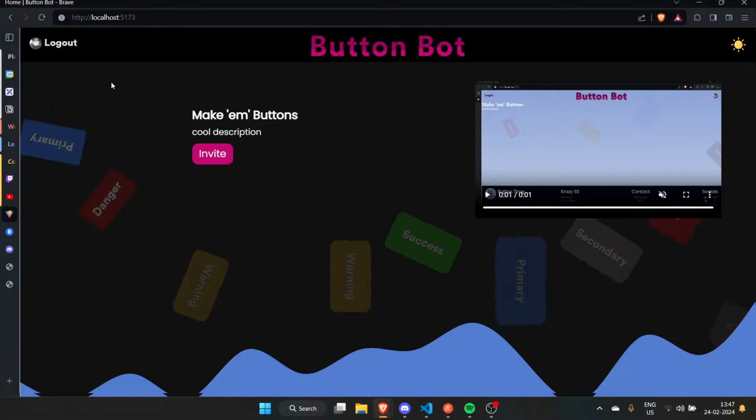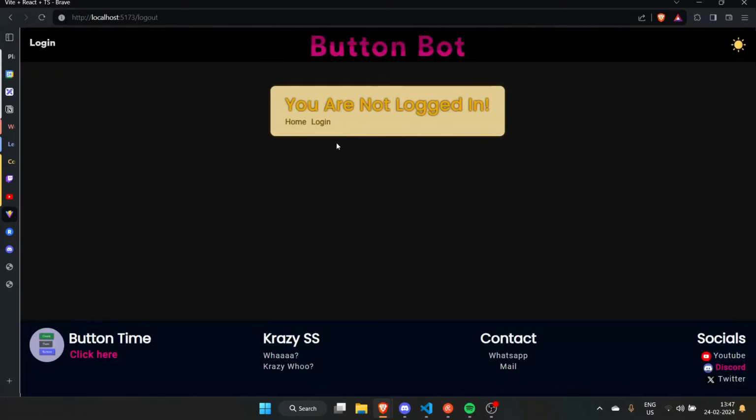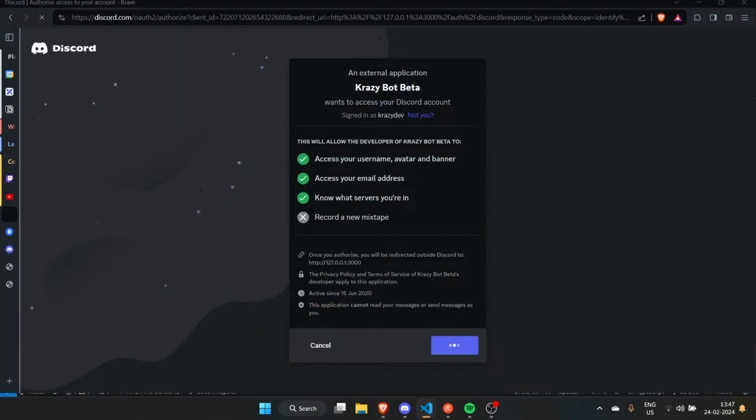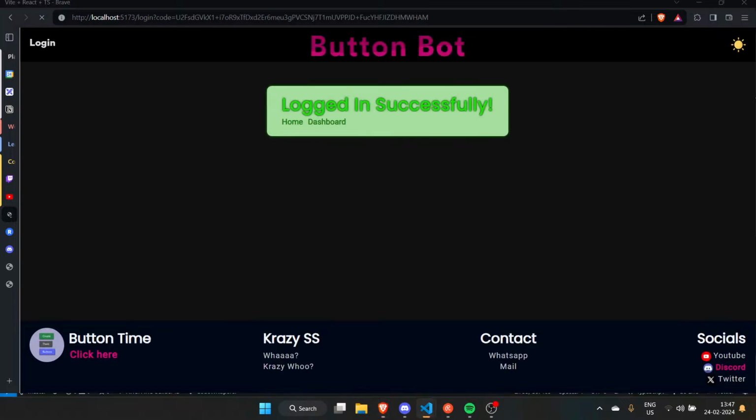Where the hell is that? Very session, comma. Now let's do that. This is quite interesting if you guys ask me. I cannot get the guilds of a user. How am I supposed to make a dashboard then? I guess the skill issues are real. That's very sad to hear.